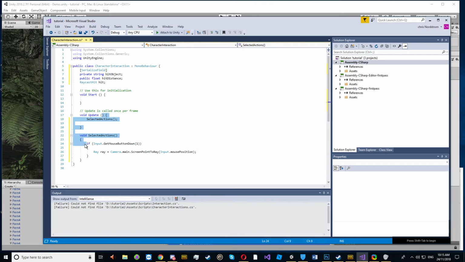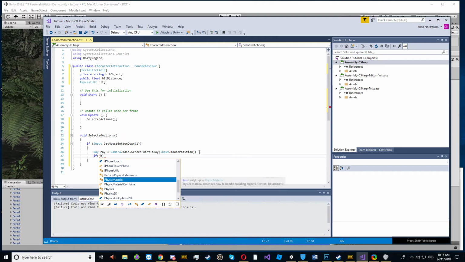Alright, so this is going to be our ray. This sets up our ray, and it tells it where we're sending it to. So we're going to actually do our raycast now. So it's going to be if Physics